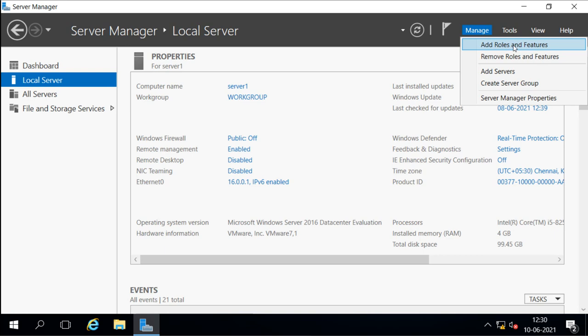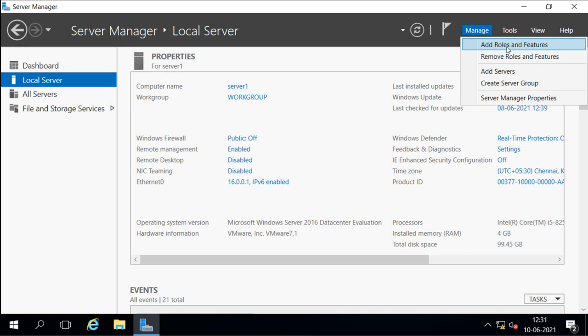Now it is going to install the features which are actually required by the services or by the role. For example, if I install the DNS role, whatever features are the default requirement for that role, it will install automatically. But it will notify the administrator that it is going to install these extra features, and it will also give the option to install extra features. First it will show that these default features are going to be installed.